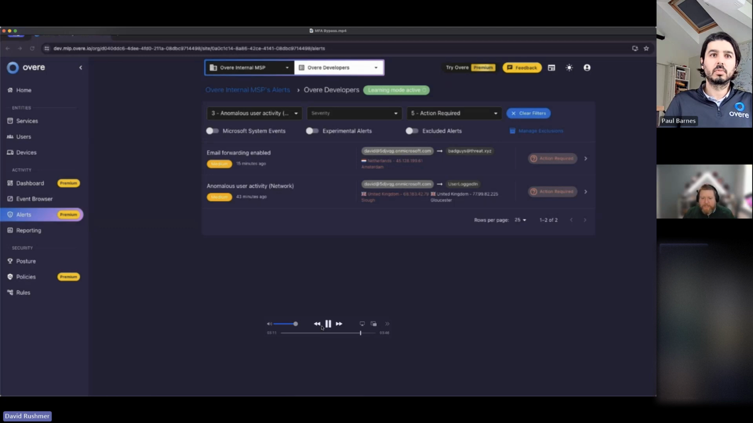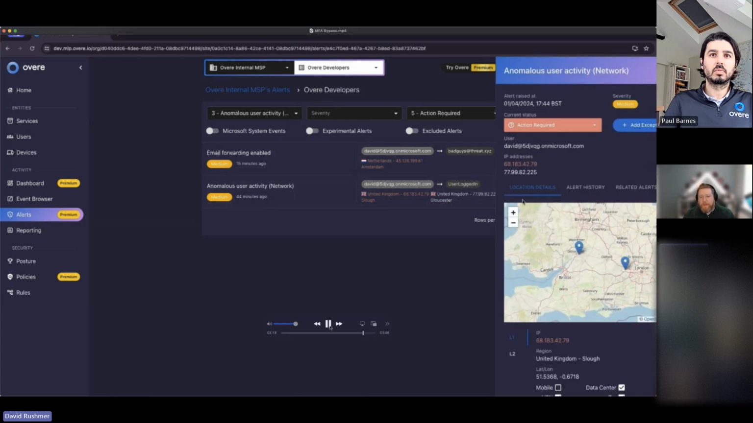But what you can see here is the Overe Alerts console. And what we've had come in is anomalous user activity. Now, I'm based in Gloucester, as you can see, the little pin right there is me. What we actually captured was the man in the middle credentials being forwarded onto Microsoft. And that's what's happening there at that